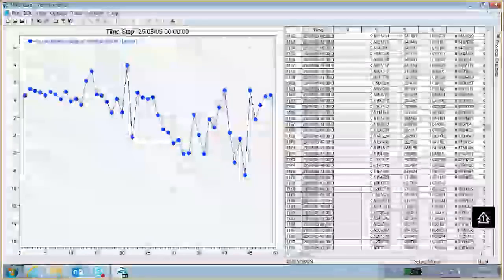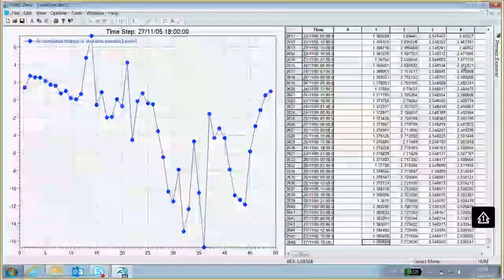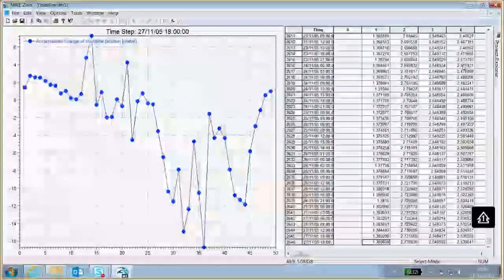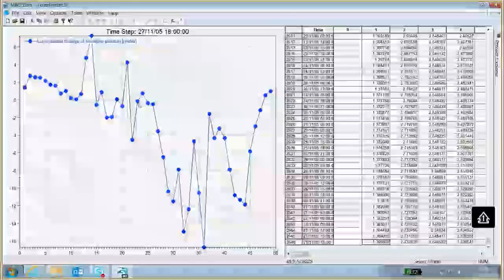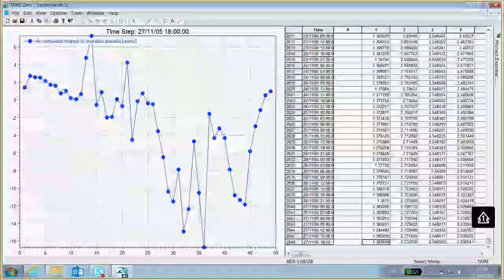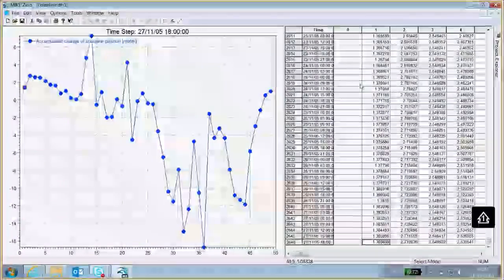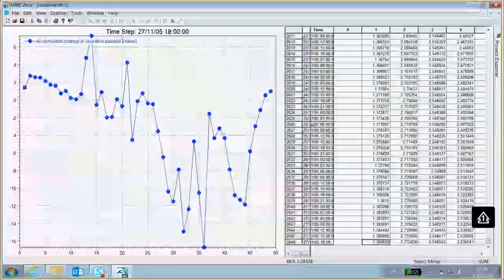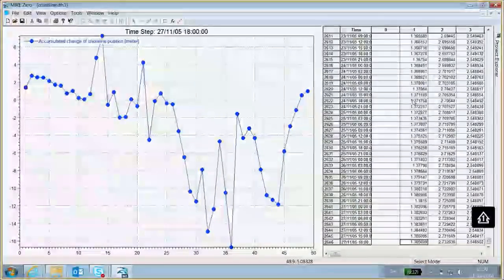It still does have some spikes in it, but it's a much more clearly defined zone of erosion in this southern end of the beach, and then a more clearly neutral development for the northern part of the beach. So that's good. Our warm-up period clearly has an effect on these results.